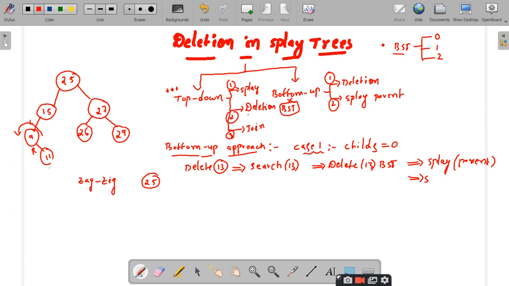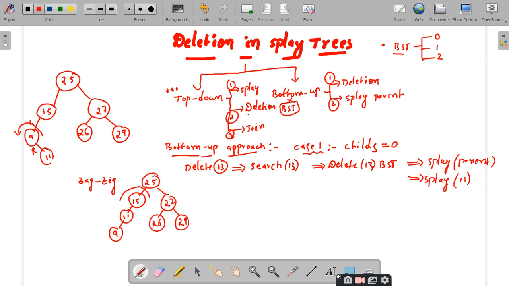What is the parent of 13? It is 11. So after the first zag rotation, what will I get? It is 15 and it is 11, and then I will get 9. Am I right or not? Yes, sir. Here I will get the elements like this.